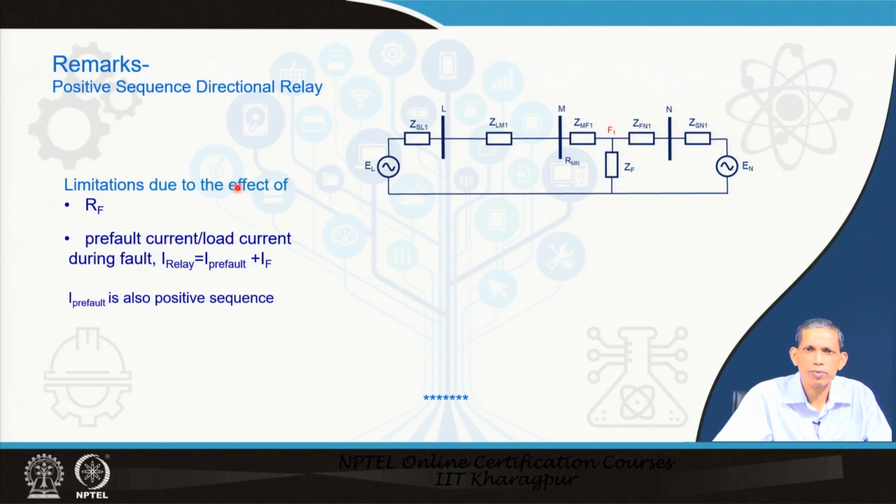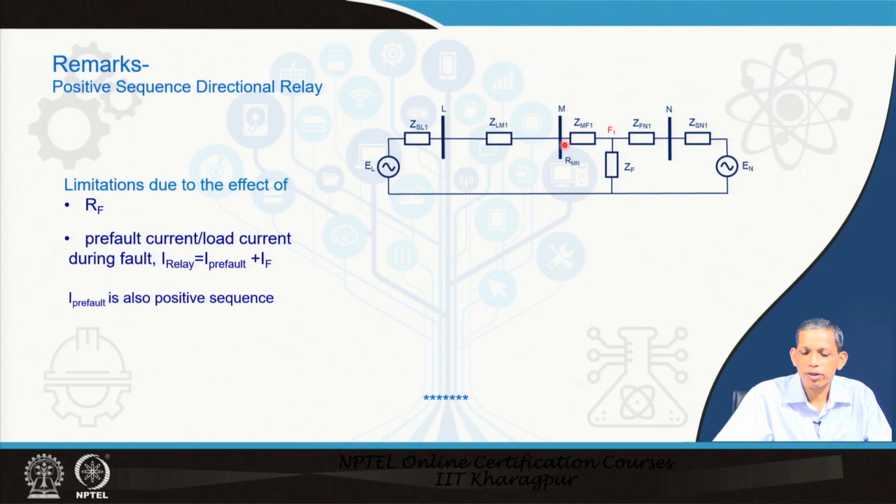This happens particularly for the line to ground fault involving ground. Furthermore, because the fault current which will be going through this ZF path, in addition to that there is pre-fault current in the system, the current which will be observed by the relay is a